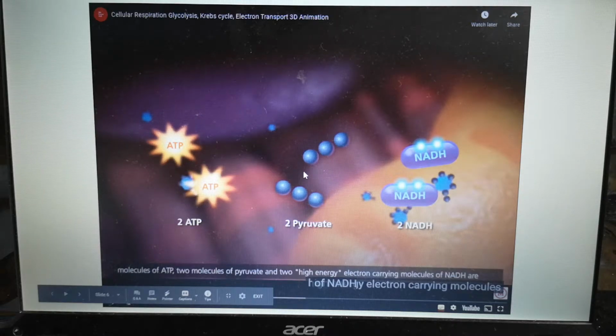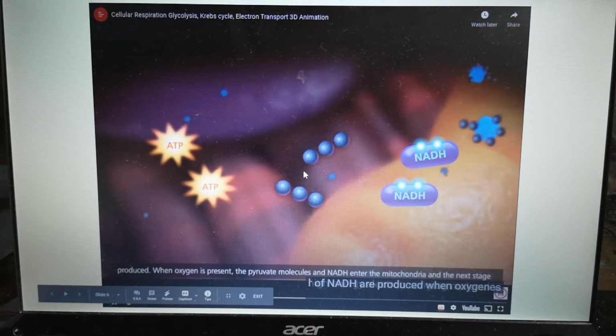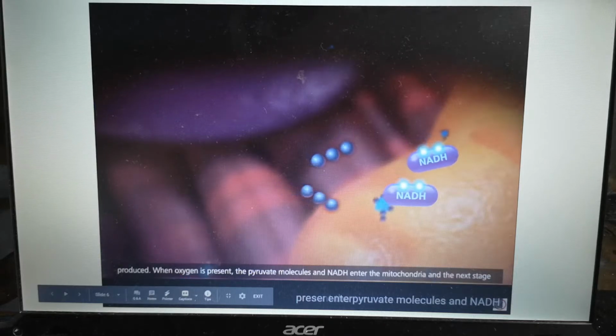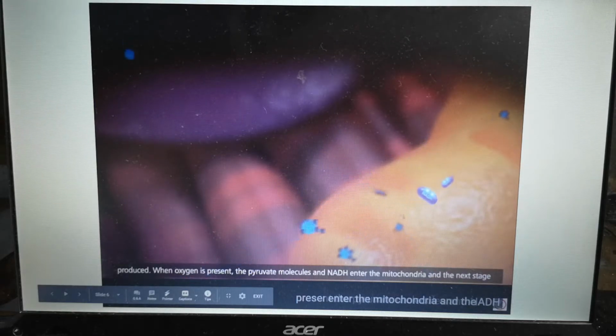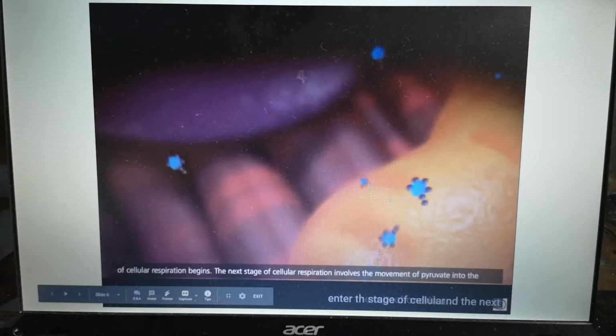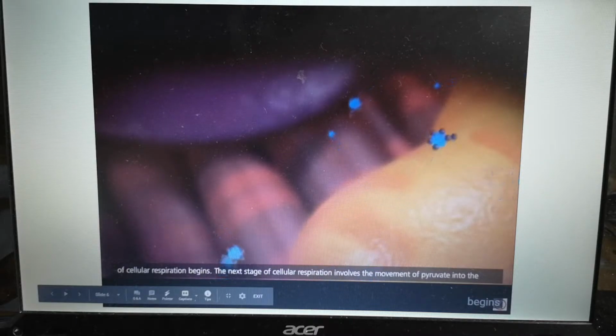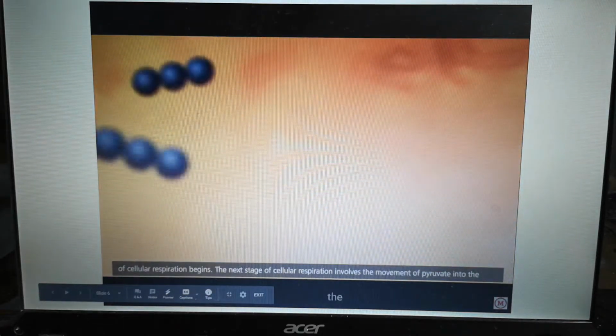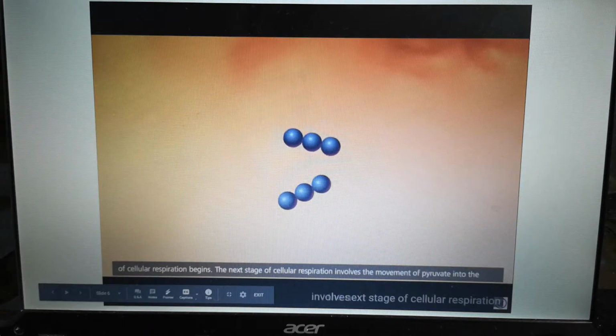So here we are back at the end of glycolysis. We've got 2 molecules of ATP that have been produced that are going to be used by the cell. We've got 2 molecules of reduced NAD, which are going to go to the electron transport chain, which we'll be talking about in a couple of weeks. And we've got 2 molecules of pyruvate, which will pass into the mitochondrial matrix, where they will enter the link